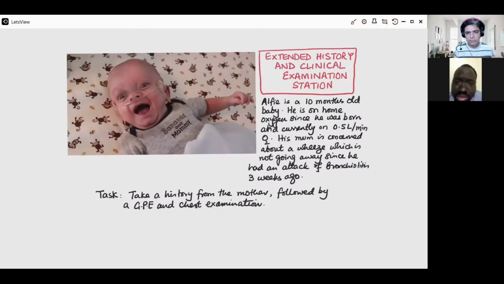Do you have any other concerns you'd like to talk about apart from this reason? I'm just worried about this wheeze, why this wheeze is not going away despite having tried different types of inhalers. Okay. Is there any family history of